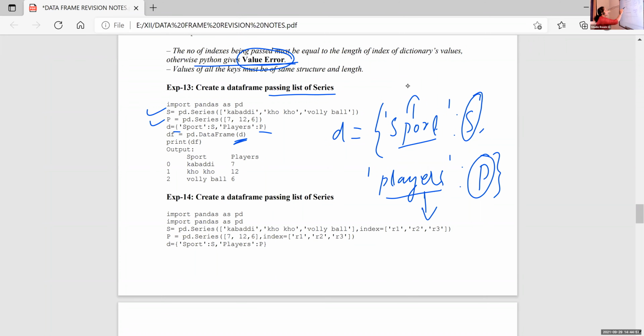Here sport and players are the column headings. So sport is the first column heading, players is the second column heading. Then the values under sports, which are the values, Amal? Under sports, which are the values? From where do you get these values, kabaddi, kho-kho, volleyball?